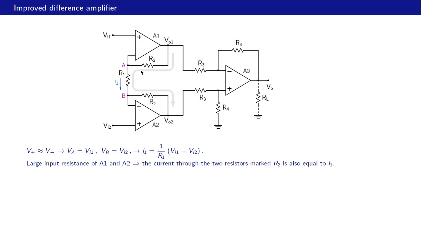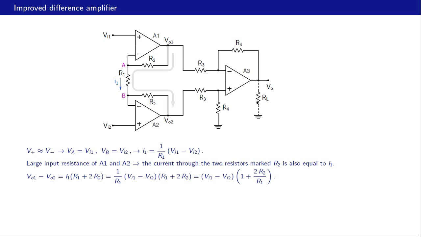This voltage drop, which is I1 times R2, plus this voltage drop, which is I1 times R1, plus this voltage drop, which is I1 times R2. And we already have I1 here, and we put it all together to get this expression. VO1 minus VO2 is VI1 minus VI2 times this factor here. Once we know VO1 minus VO2,